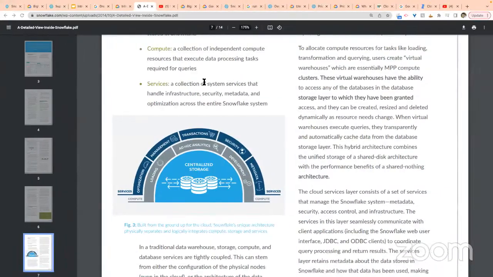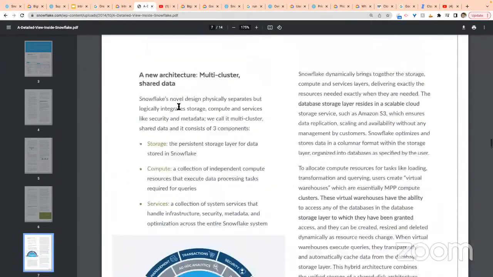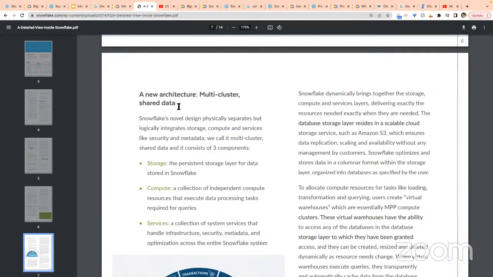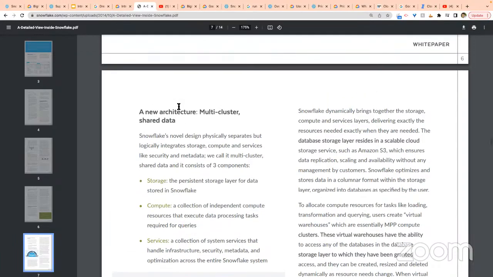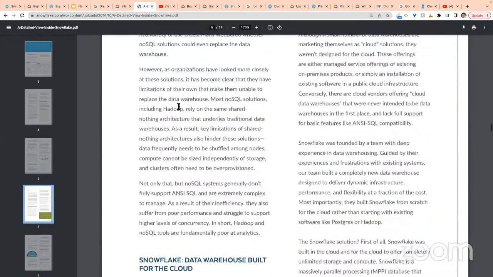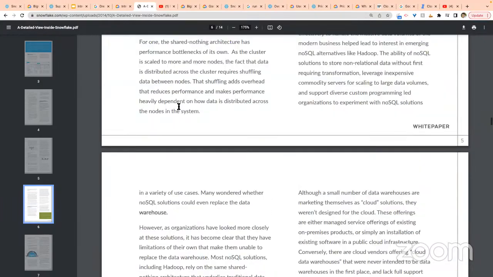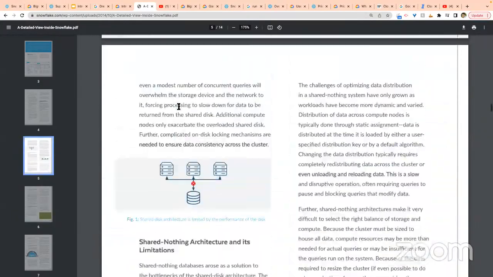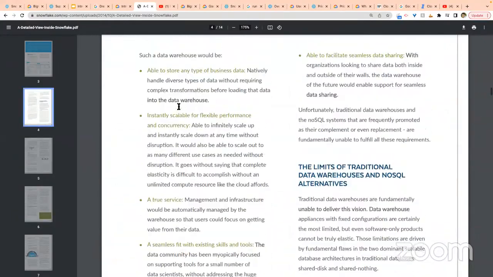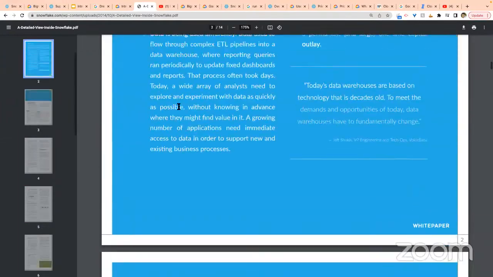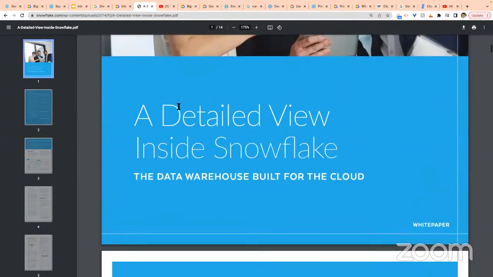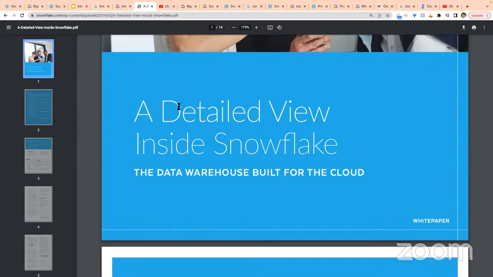white papers, on the Snowflake website, you will find there are n number of white papers. There are white papers for Snowflake data sharing. There are white papers for Snowflake semi-structured data processing. So whenever you want to implement anything in Snowflake, I would highly recommend that you read the white paper of the specific area in which you will be working in Snowflake. So just have a look, but this is a white paper which is a base or foundation.